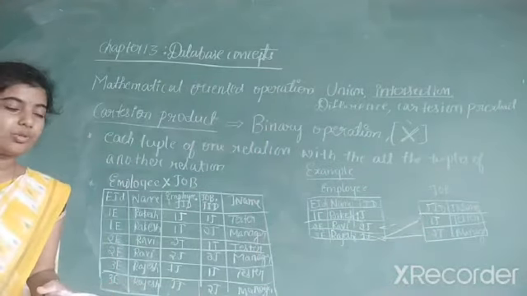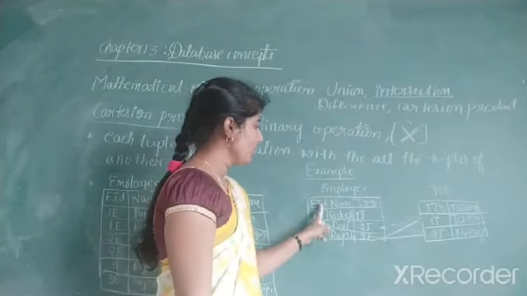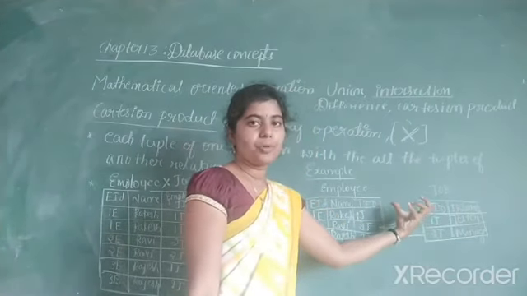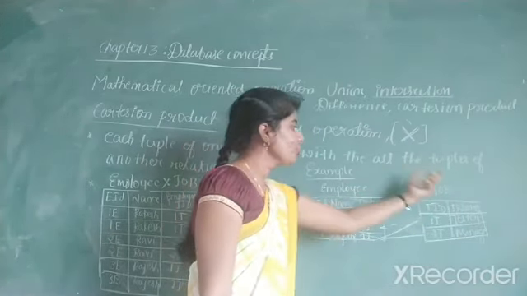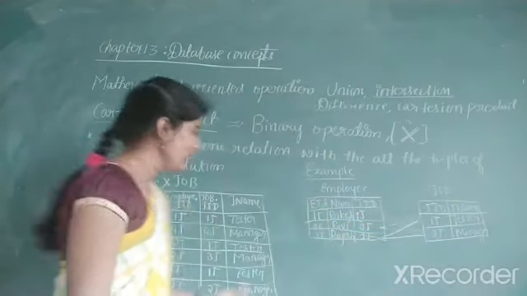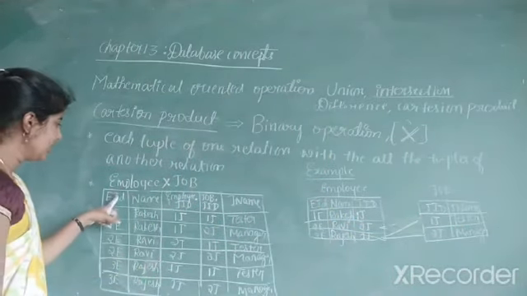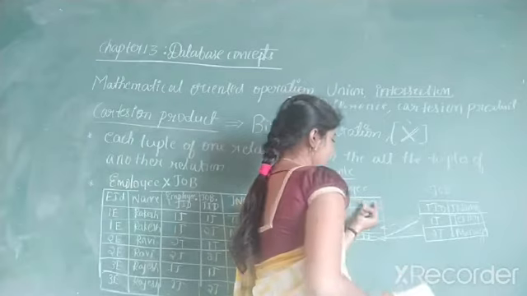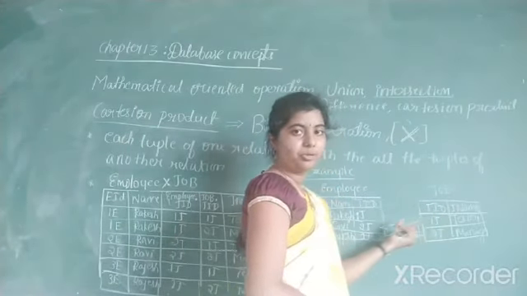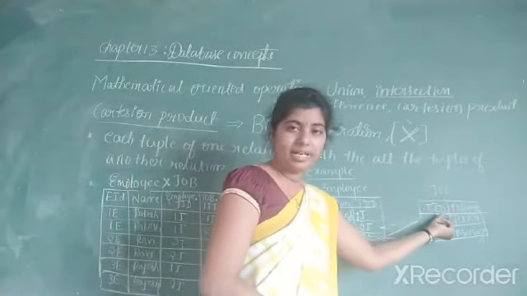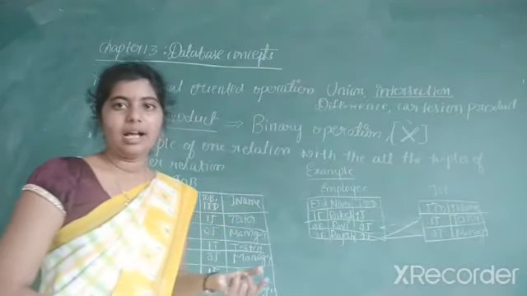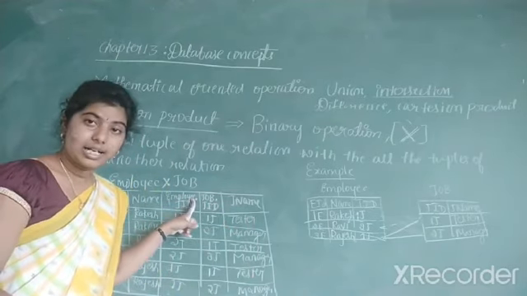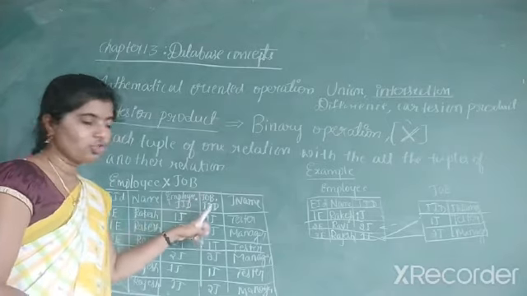And you can observe the rules now. How many attributes are there? 1, 2, 3 in one and it consists of 2 in the other. So in total how many attributes should be present? Employee table attributes plus job table attributes gives the resultant table attributes. That is 1, 2, 3, 4, 5 attributes. And if the attributes of the relations have the same column name, see here job ID is here, job ID is here too, when they have the same attribute name, what do we do? We have to prefix them with the table name or the relation name, that is called employee.JID, job.JID.